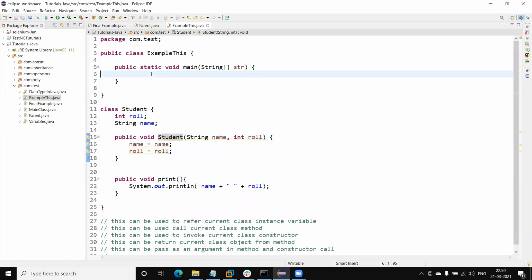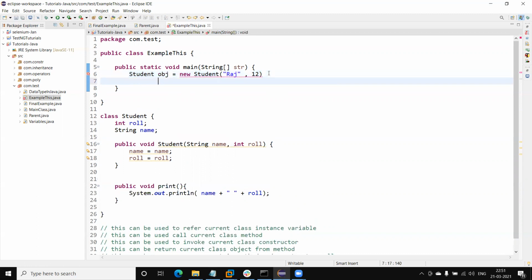Here I am going to create an object of Student using the new keyword, and here I need to pass the parameters, the name, then the roll number like 12. Now with the help of the object, I am going to call the print method. This is a constructor, so it will not return any value.